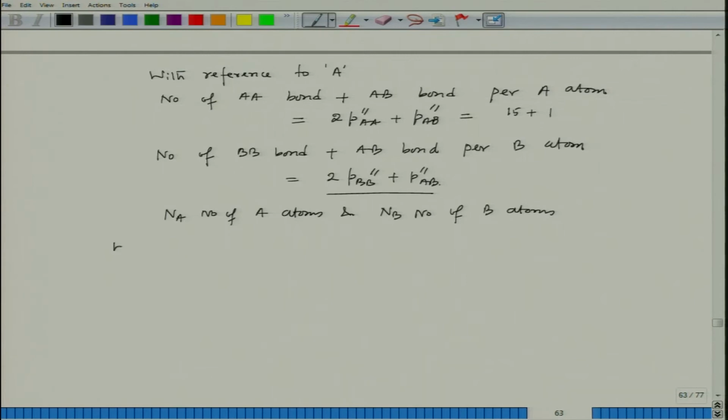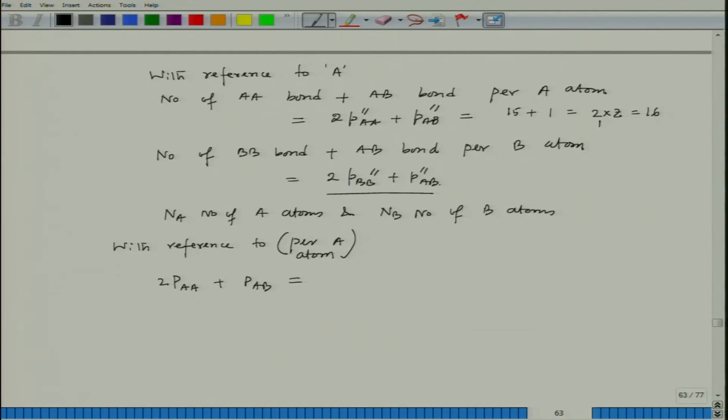So, with reference to per A atom, 2 PAA plus 2 AB would be nothing but, which is again coming to be 2 into Z, which is 16,